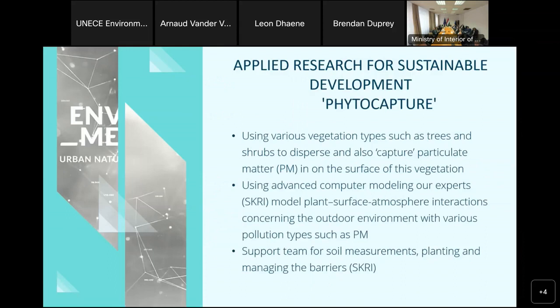And so we developed a concept. It was originally a research concept, and this was the idea of phytocapture, which seems very simple and self-explanatory, but what it is: how can you basically create a barrier system directly adjacent to the tailings in order for the vegetation to capture the dust in the leaf areas of different types of vegetation. So we look at